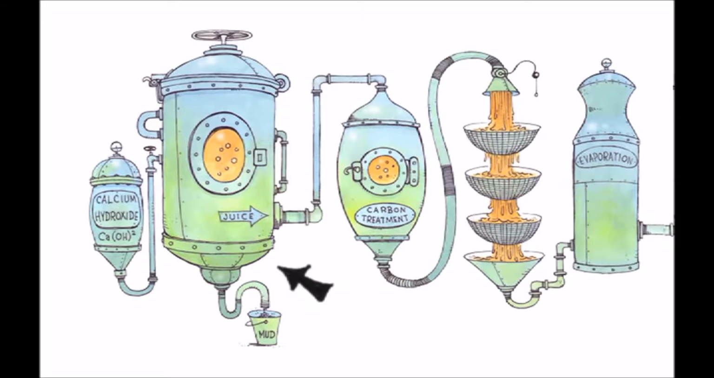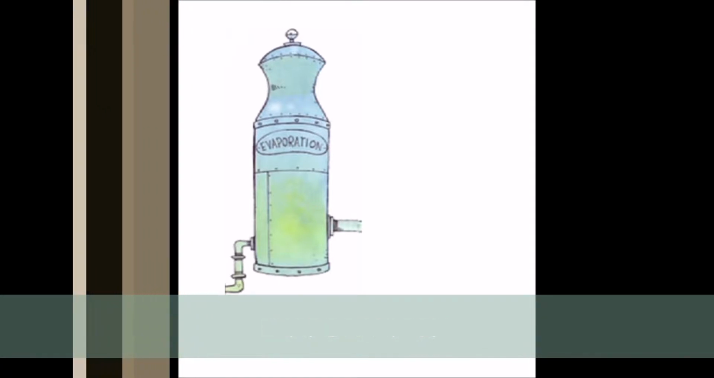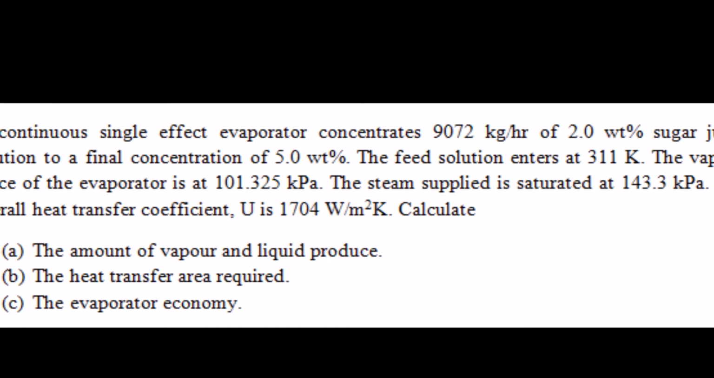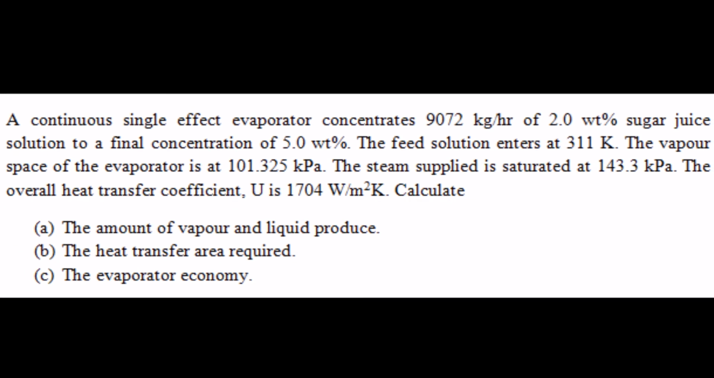Next, the juice travels to a filter where it is treated with activated carbon. After being filtered, the juice is sent through an evaporator to remove water, causing the juice to thicken. In the evaporation process, assuming this plant produces a concentrated sugar juice in a continuous single-effect evaporator, the evaporator concentrates